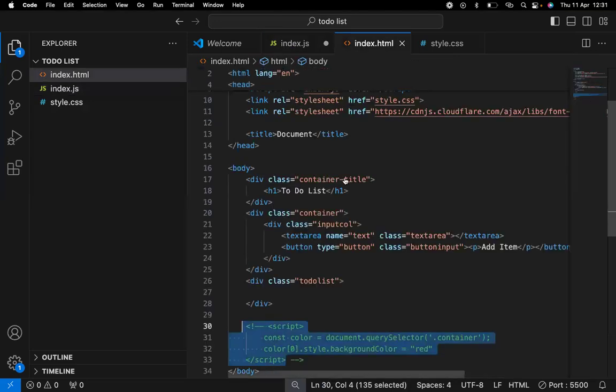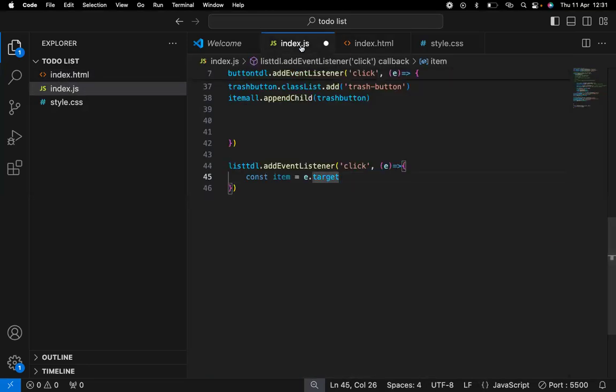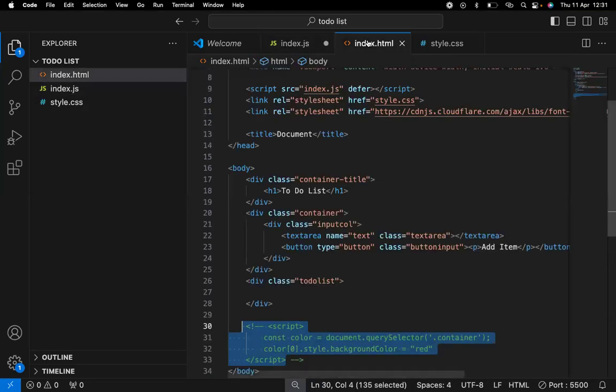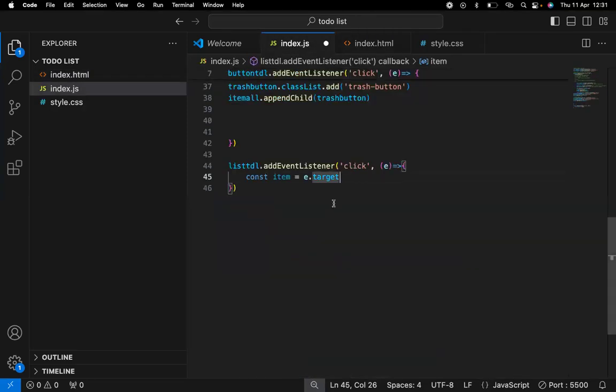Then I need to point out something. Instead of calling the to-do list like the first one, I'm telling you that inside your list element, which is where you had your to-do list, I need to target an element that I want to style. I don't know if you understand what I'm trying to do with e.target. Its function is to get the element that is clicked. Then if the check icon is clicked,